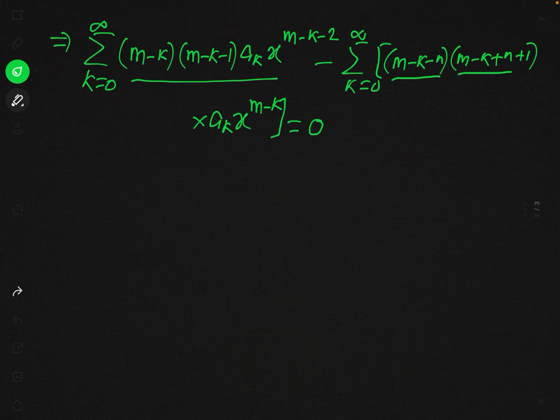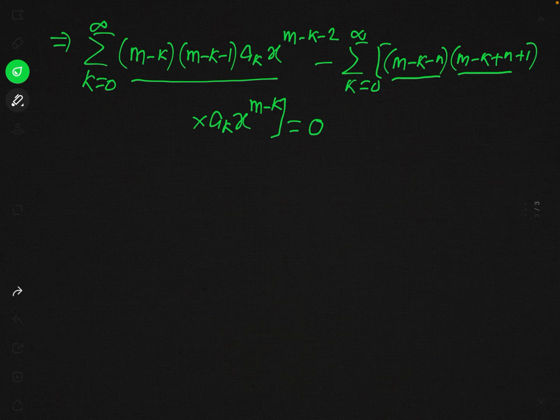Now you know, to get the solution, first of all we equate to 0 the coefficient of the highest power of x. Why highest power? In fact, if you write the series in ascending power of x, then actually we equate to 0 the lowest power of x to get the initial equation.